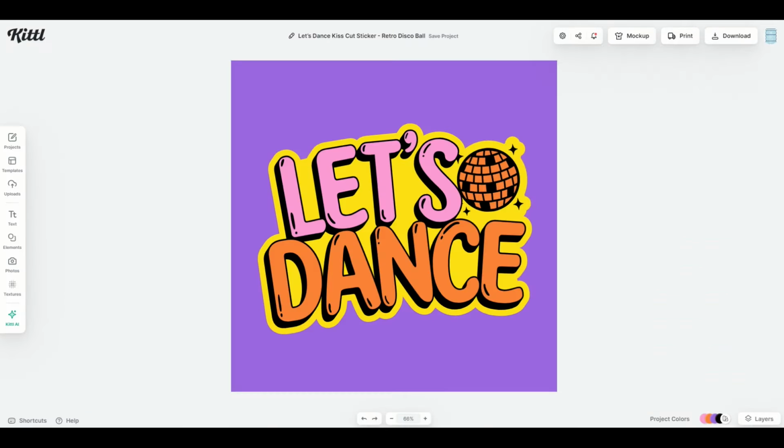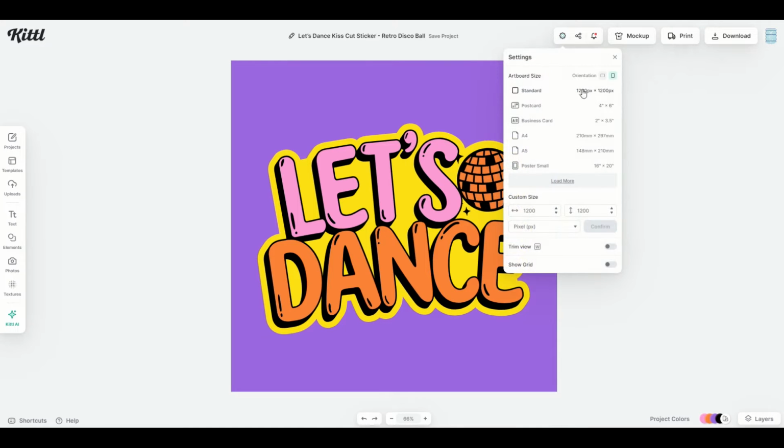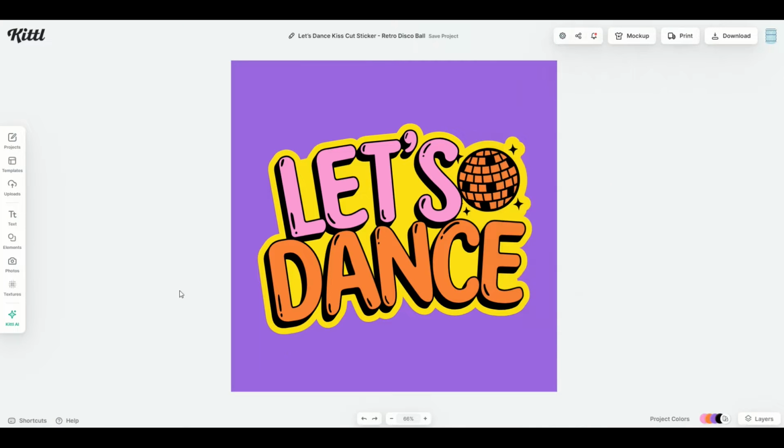commission. As we jump into this walkthrough, I want to share with you a tip that's sort of outside of the scaling, but it may be helpful. So if you've got a design that you've called up, maybe it's a template like this one, when I go onto the little gear icon on the top right, I'm going to see this is a 1200 by 1200. It's a sticker design. Well, if you want to make this into a t-shirt design, you can change the artboard